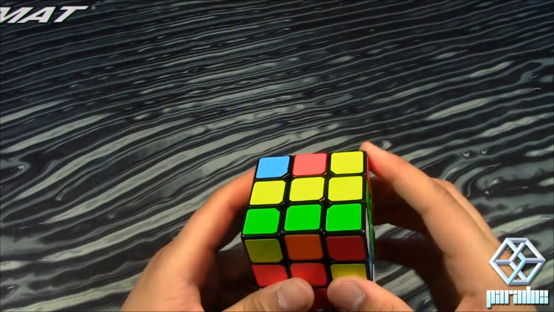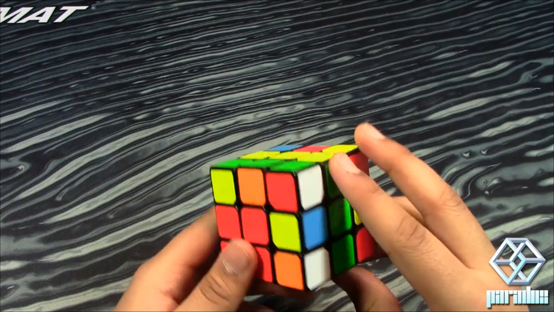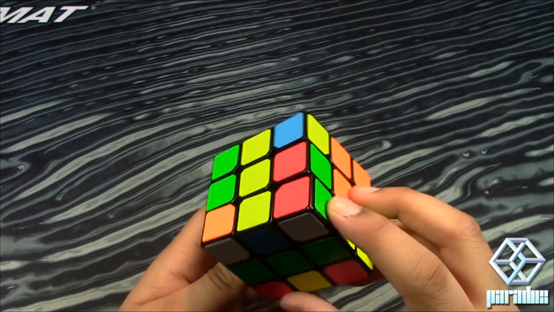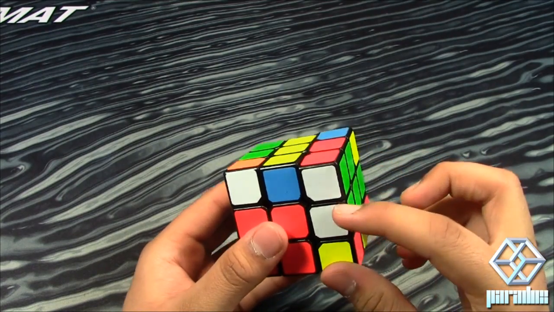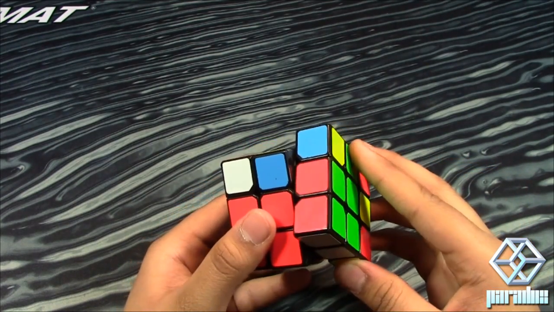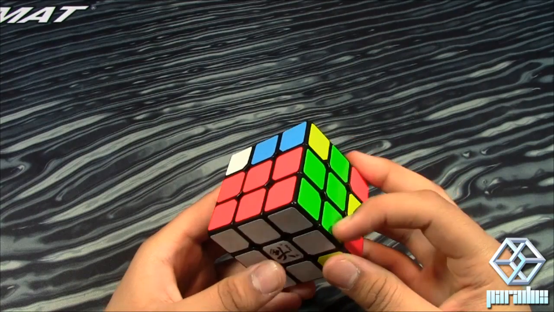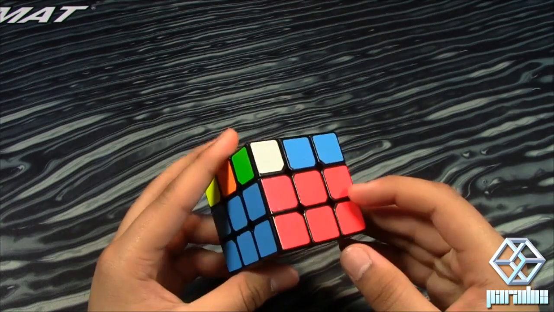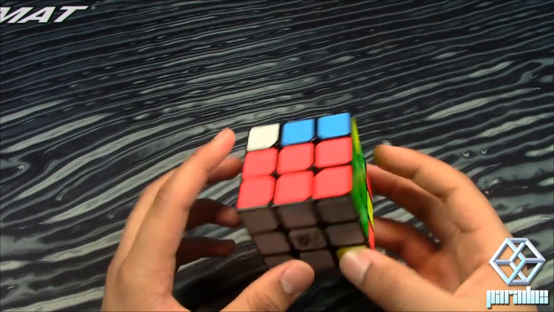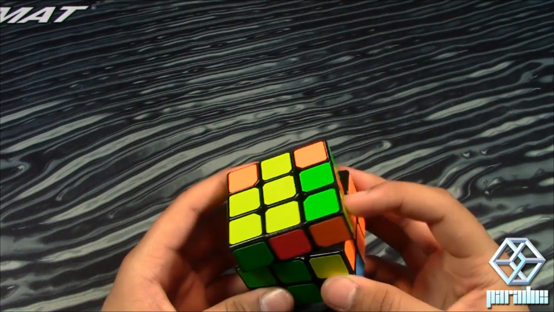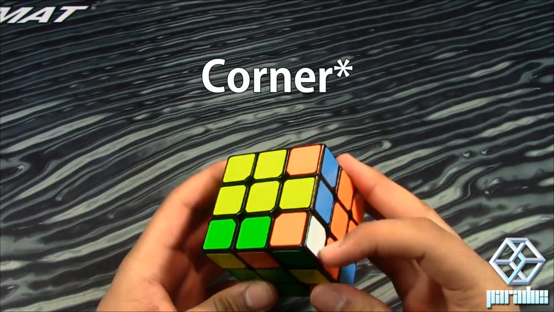Edge is right here, and we're going to make the pair by moving it towards the edge piece. There's the pair. Connect it with the cross piece, the corner and the cross, and bring them down so the cross is solved and the slot is solved. As you see, we're moving very fast, and we have one last slot left,